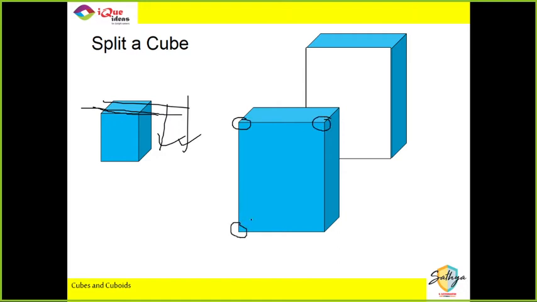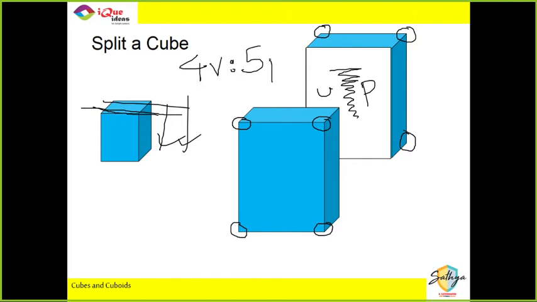This piece has 4 original vertices and the other piece also has 4 of the original vertices. One of them will be hidden, but 4 vertices are there. And take a look at it carefully. The face that got exposed from inside, this is unpainted, right? The outside is painted, the exposed face is unpainted. So here, when 4 original vertices are there on a piece, it will have 5 painted faces and 1 of them remains unpainted.